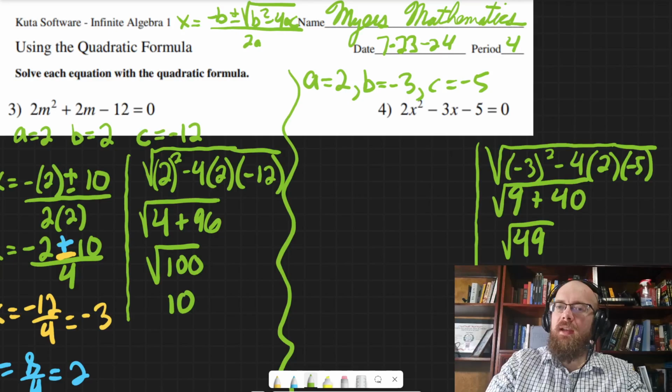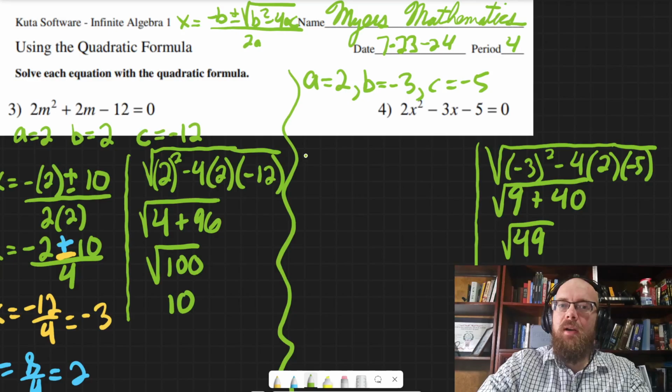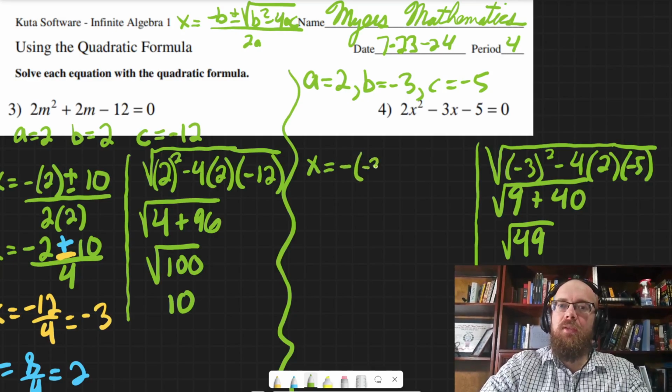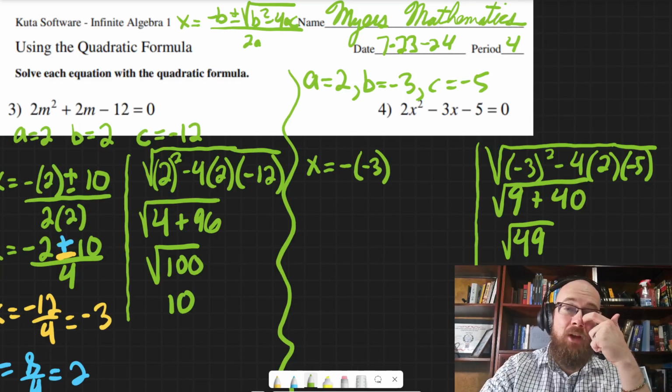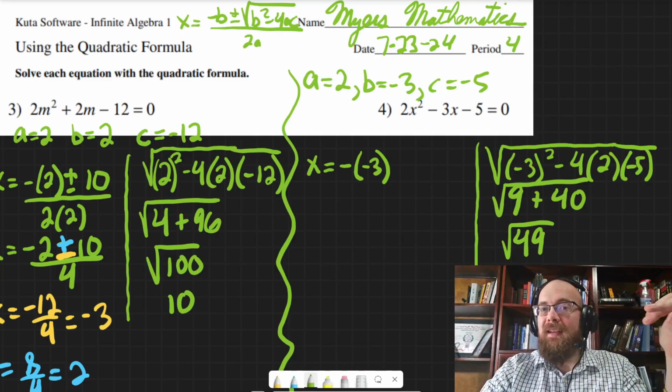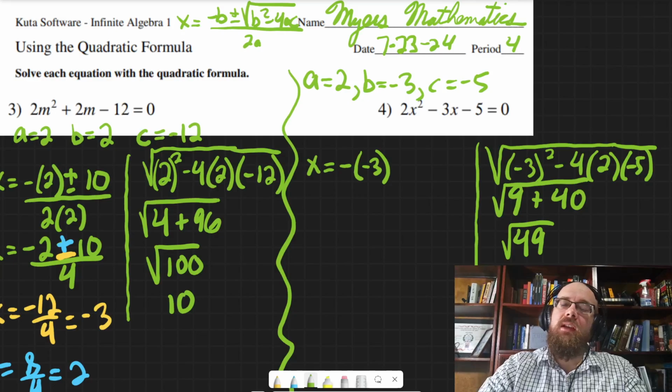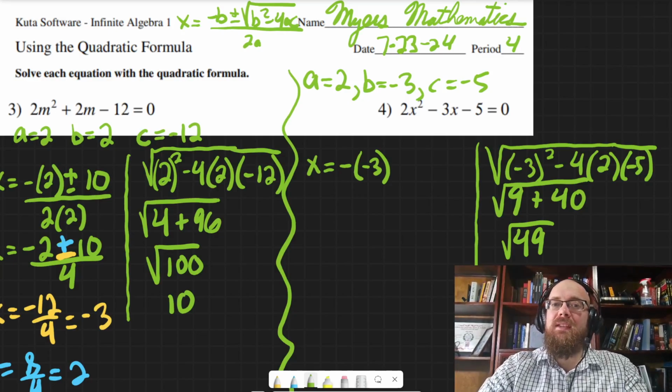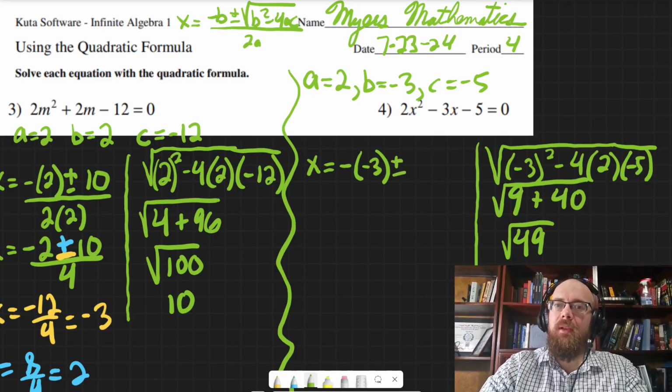And the square root of 49 is 7. That worked out pretty nicely as well. Okay, so now we do the part with the rest of the quadratic formula. x is equal to negative b. Be really careful plugging these in. When b is already negative, it doesn't stay negative, it becomes positive, right? It's the opposite of whatever b is. So if b is negative, then this will end up being a plus 3. Be really careful there. Plus or minus the square root of b squared minus 4ac, which we already found out